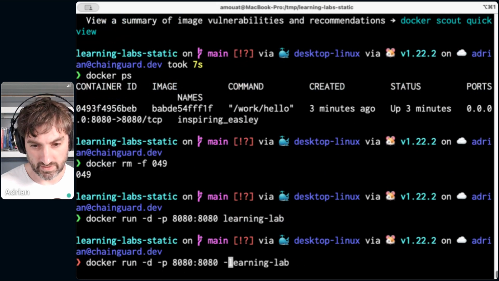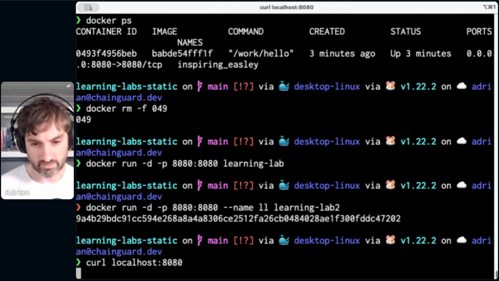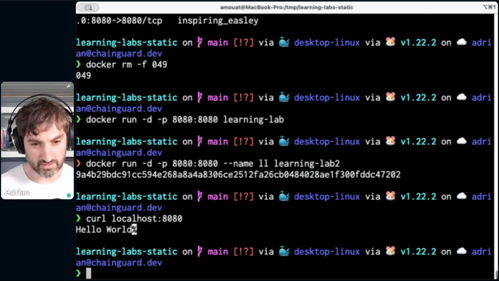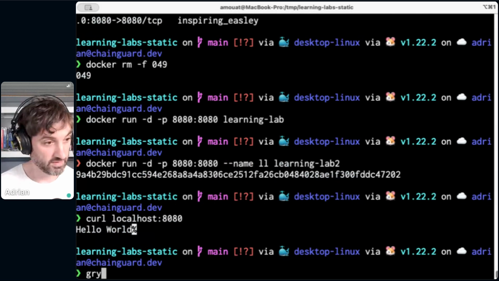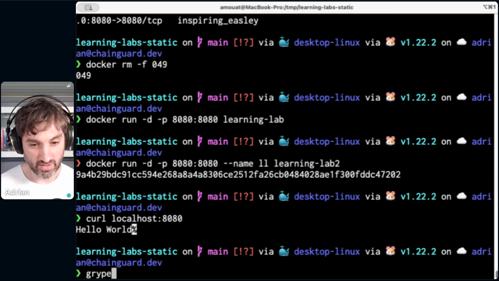We'll also give it a name, LL. That looks good. Check it works. That looks good as well. Okay, so now the big thing is from just changing that one line in the image, hopefully we'll see a large change in the number of CVEs. Oh, so it's going to be Docker :